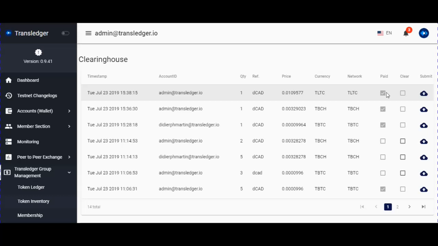And that's it for today. That was the token issuance management system, real code, not a big bunch of screens. It's working.